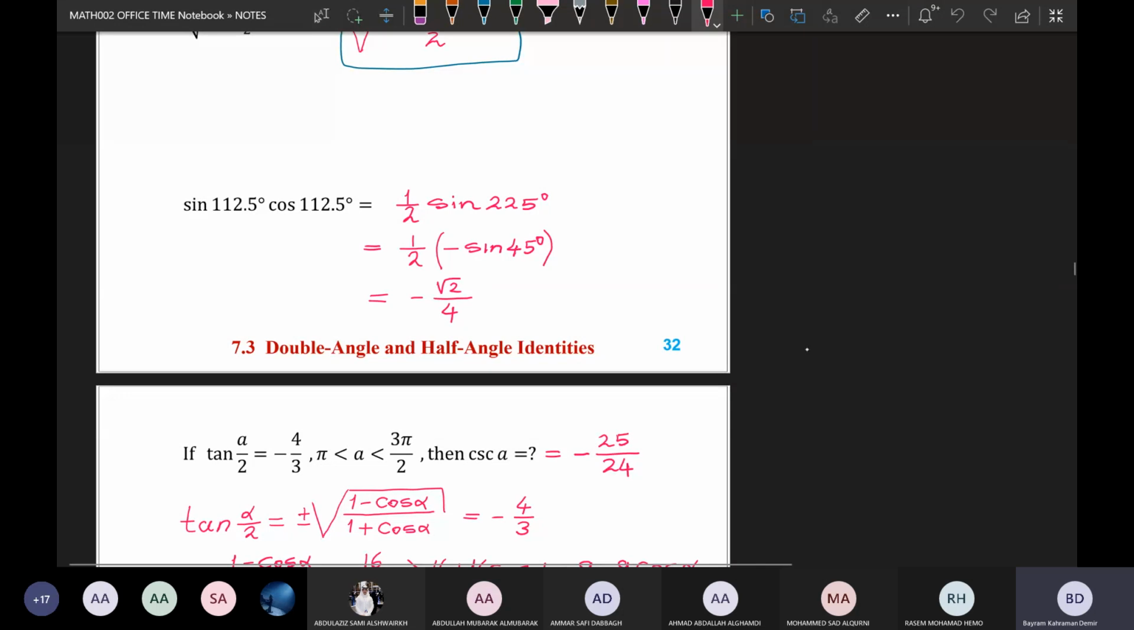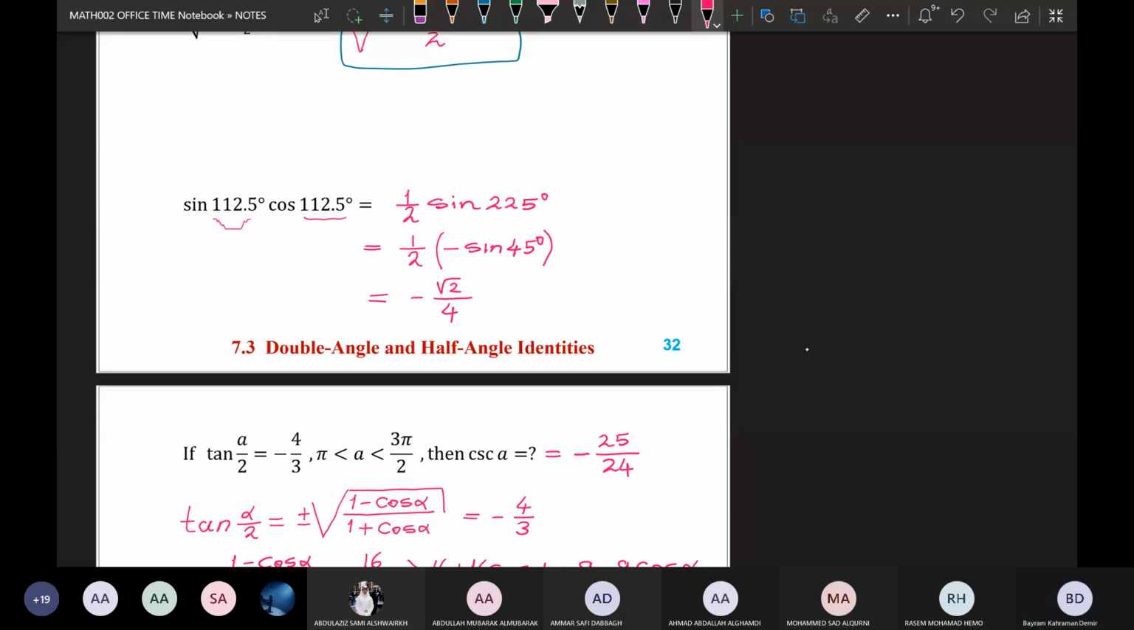In this one, again, we have the sine of theta, cosine of theta formula here. Sine of theta, theta is 112.5, cosine of 112.5. So it is the half of sine of 2 theta, right? Sine double angle formula. Sine of 2 theta is, 2 times 112.5 is